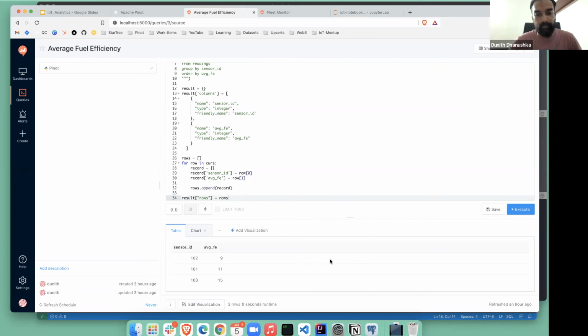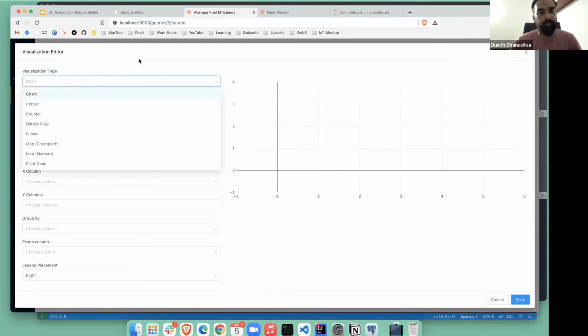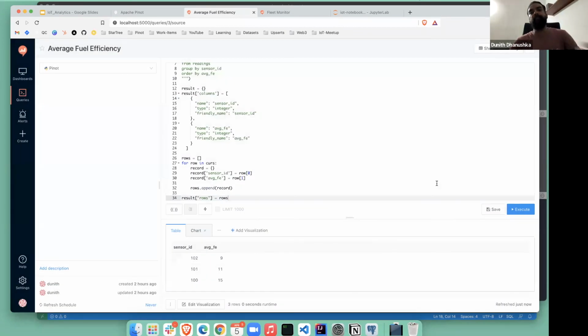So once you do that, you'll be able to see something in the visualization, and then you can go there and pick whatever visualization type you want to do, because visualization is one critical thing when it comes to watching real-time data.